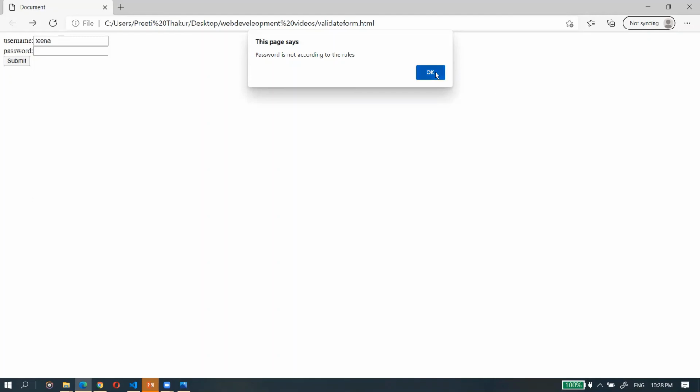So now I will try to give the password according to the rules. Then what will happen? So I am giving this. As I told you, my password should be 8 to 16 characters, and there must be letters or digits only.